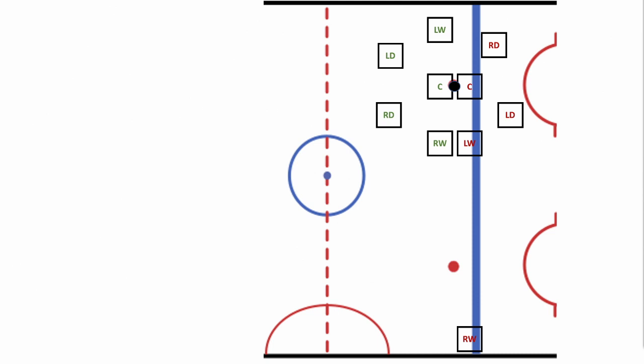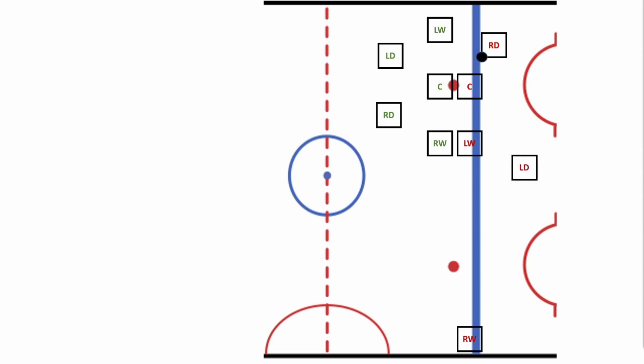So there's a couple scenarios that can happen here. We're going to assume, again, that our team wins the face-off. If we lose the face-off, it's no big deal. Our right winger can rejoin the play, and that's not a big deal. So let's assume our centerman wins the face-off draw